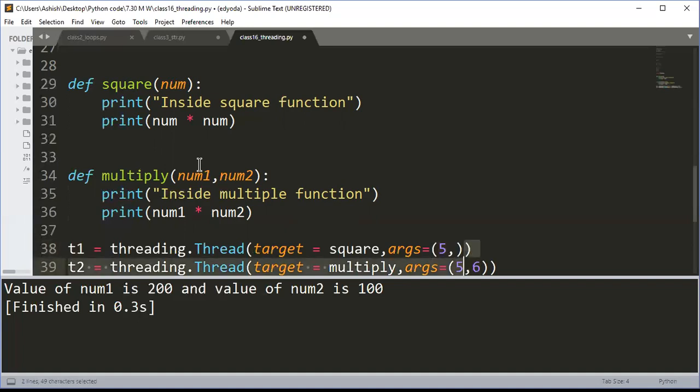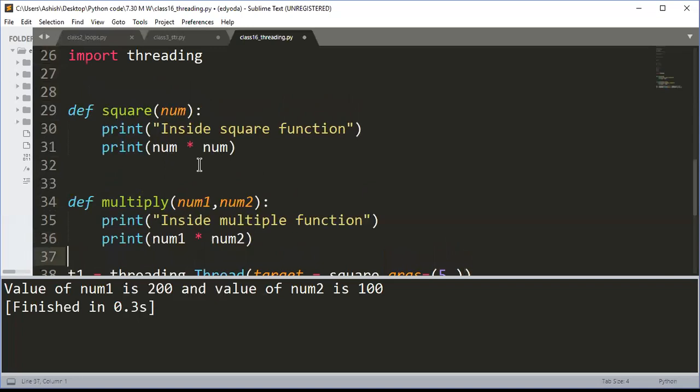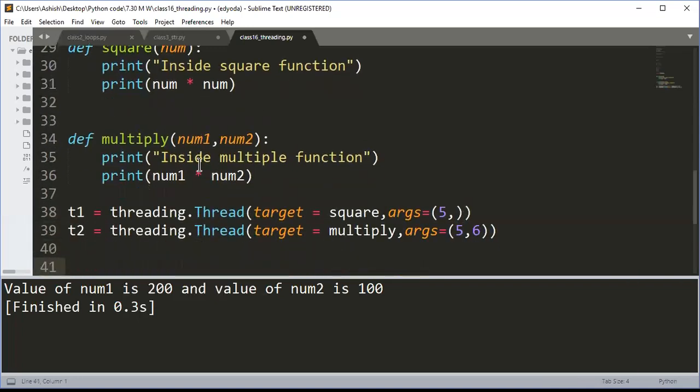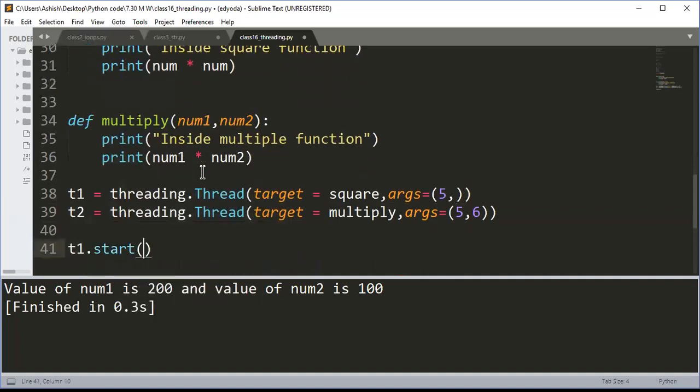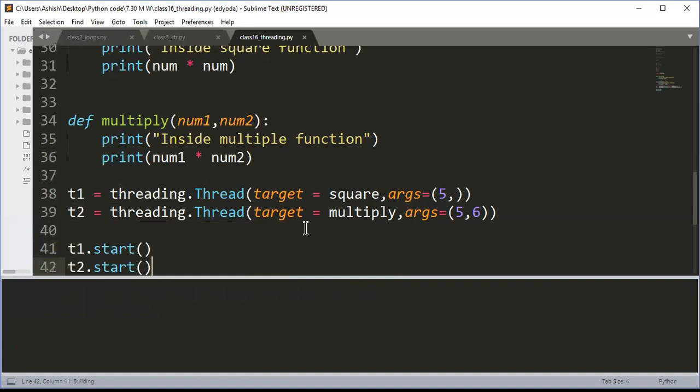So now I have defined two threads, but when I define two threads it will not start the execution. I have just defined the structure. To start the execution we have the method t1 dot start. It's a method of your object, that is, t1 is my object and I'm invoking the start method. Similarly I'm saying t2 dot start. Now if I execute this,